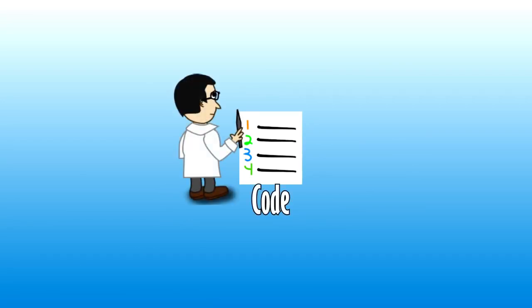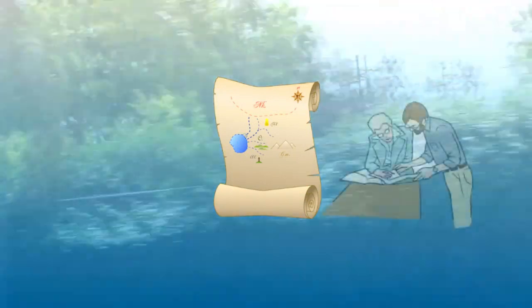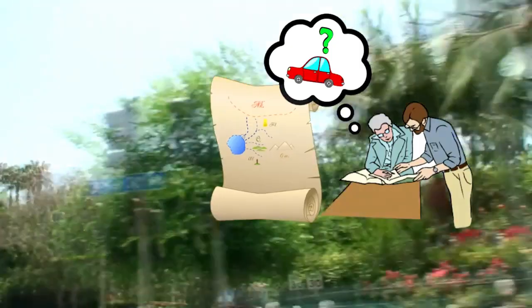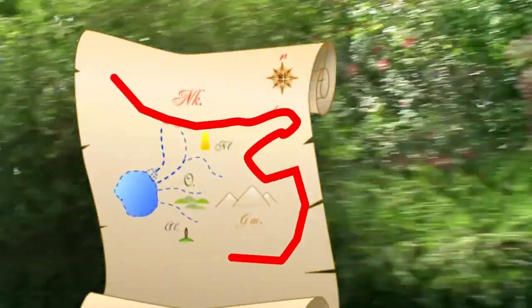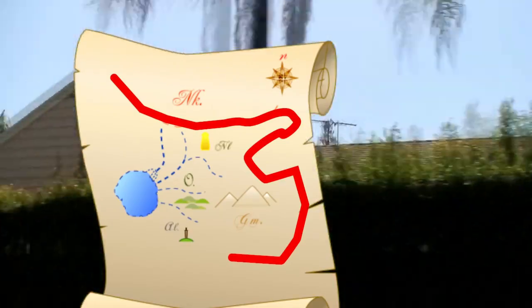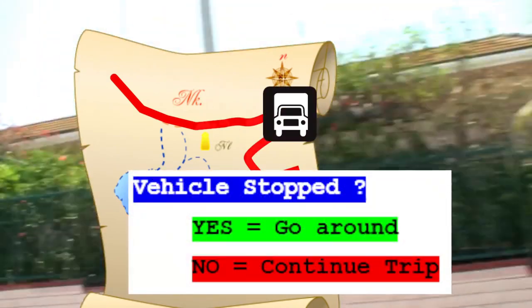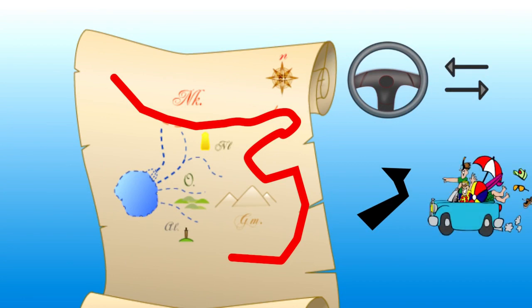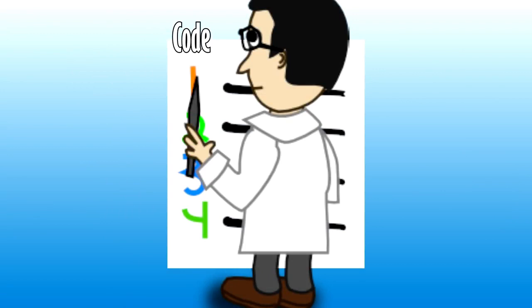So you can think of a computer programmer explaining to a computer what we want it to do as like trying to give someone directions for how to drive somewhere when they don't even know what a car is. So you can see what kind of complications you'd run into. You'd have to not only tell them how to get to where they're going, but you'd also have to give them contingency plans for things like what if there's a traffic jam, or what if a truck breaks down in the turn lane, and you'd even need to explain precisely how the steering wheel or gas pedal works. So that's kind of like a computer programmer writing code for a computer. They have to basically teach it everything every time.